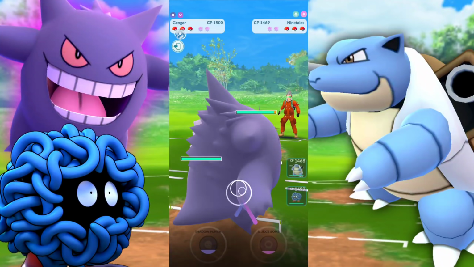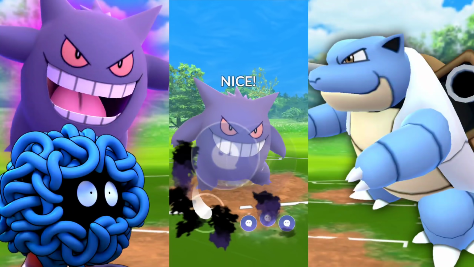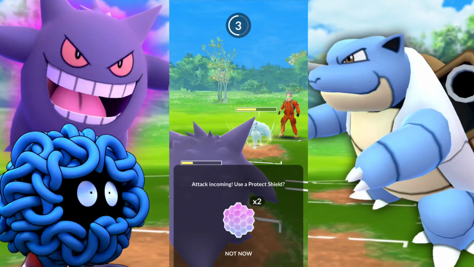And another Ninetales with Charm. Yes, it is. Okay, sounds good to me. Powdered Snow is probably more of a threat, simply because they can spam their charge moves more, specifically with Gengar. So we got their shield. Let's see if we can...